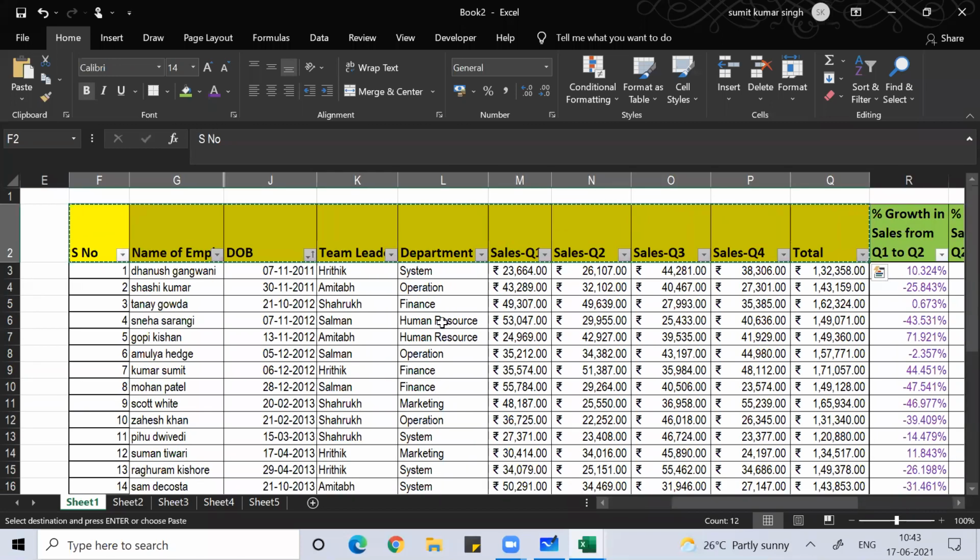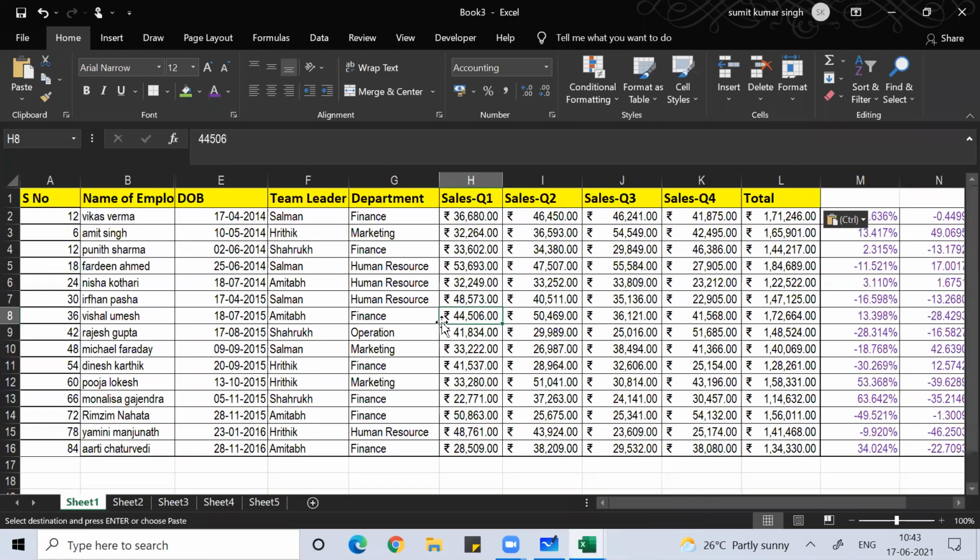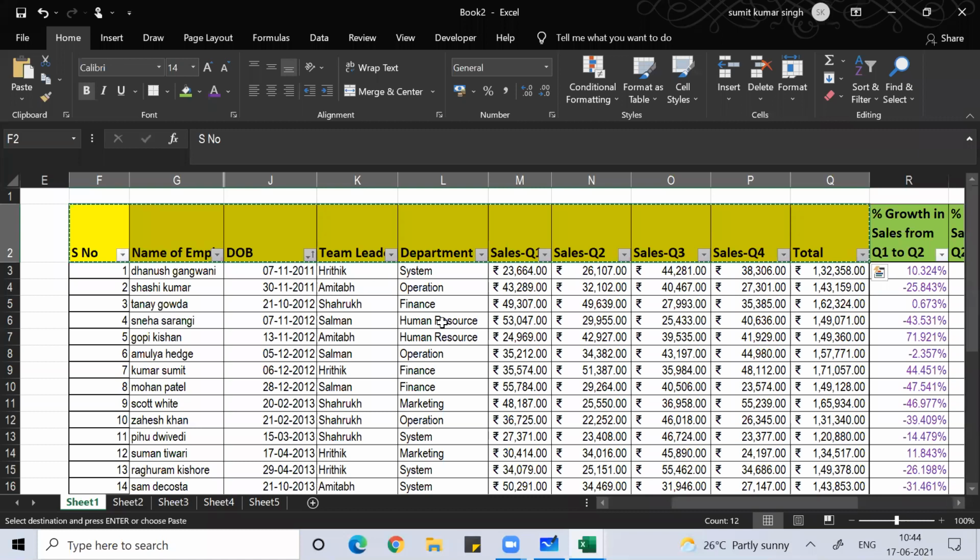But again, if you have a lot of data like this, how will that work for you? So here we'll use something called advanced filter. You know the filter command very well. See, manually you can do this work, there's nothing wrong with that. But how much manual work will you do? The purpose of using Excel is to avoid redundancy, to figure out a way to do the same work without putting in much effort. That is why we use Excel.